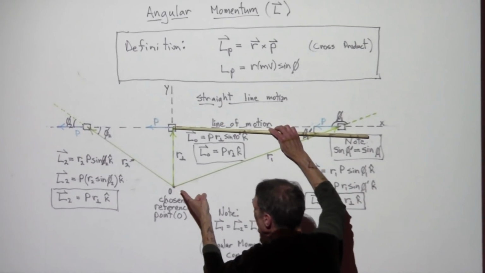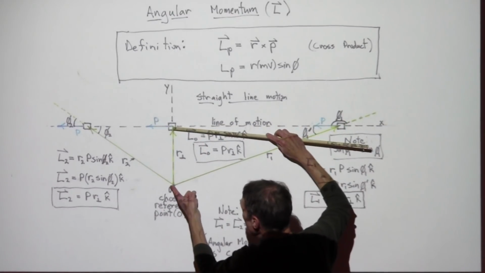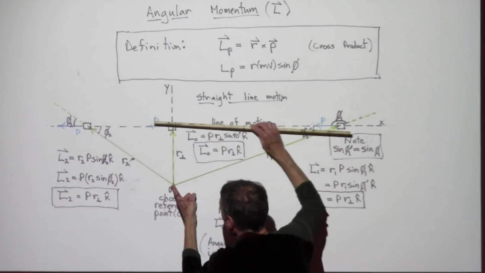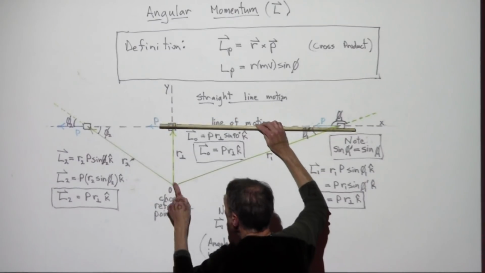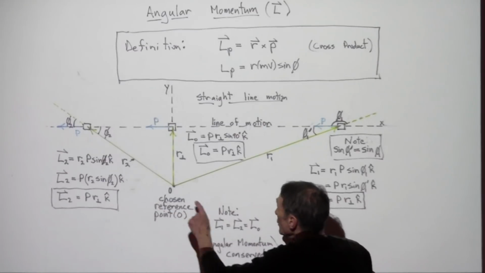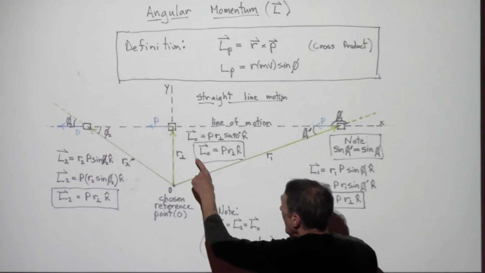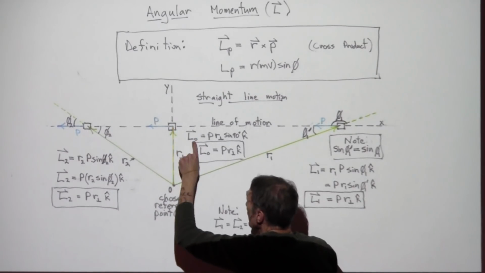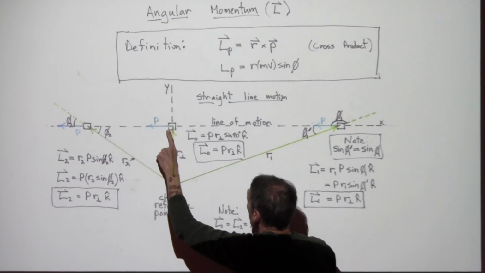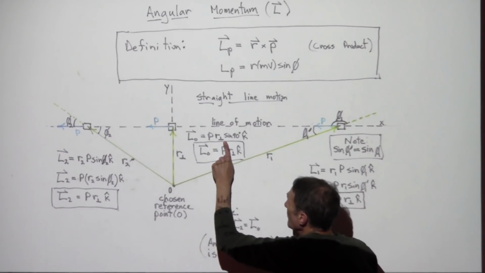This r perpendicular along this line of motion is going to be a distance from our chosen origin out to where this is passing, and this is a perpendicular distance to this line of action. This is going to be the simplest place to apply the conservation of angular momentum. The angular momentum, I call it L naught, this is the one we primarily want to focus on in doing problems, is just going to be P times R